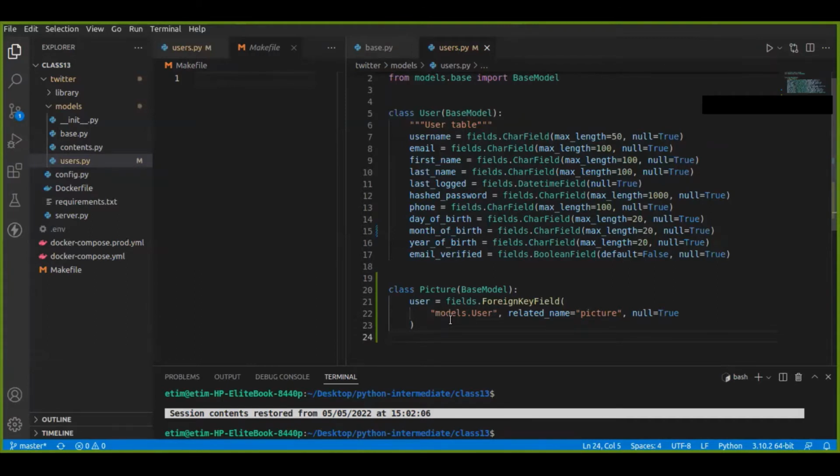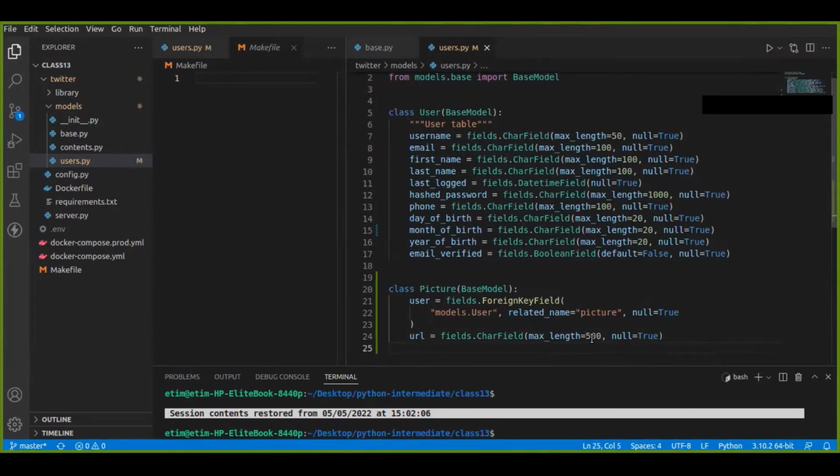in this particular table we have the user field, which is a foreign key field that links to the user. Then we also need to have the URL, which will be a char field. So I'll copy and paste that. And I want this to be 500 characters. All right. Then we also need to have